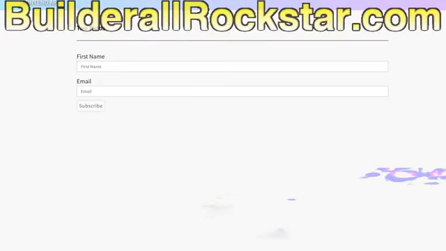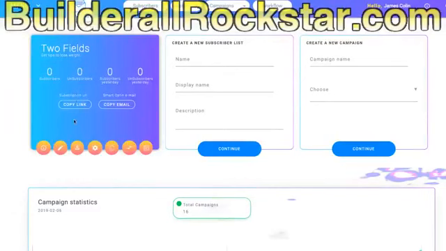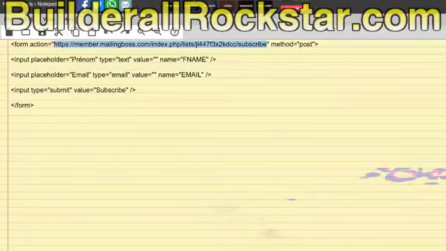And so I will show you where we use this link. I will show you the HTML code. It's here. So you see this link is used in action here. So the structure of this HTML code is quite simple.